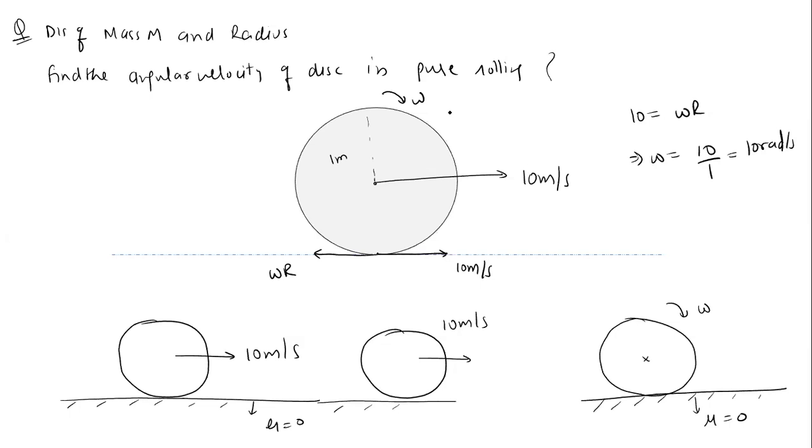Okay. So tomorrow we'll discuss that if you simply leave the body, meaning you give translatory motion to the body, and there is friction on the surface, then after some time it will start pure rolling condition. That we will discuss tomorrow. Okay, fine. I think time is up, so you can see all the slides here.